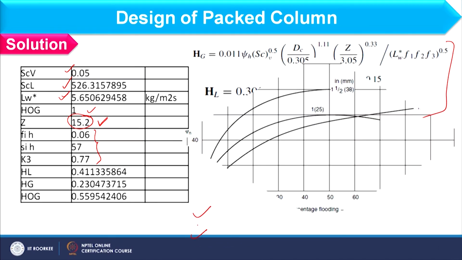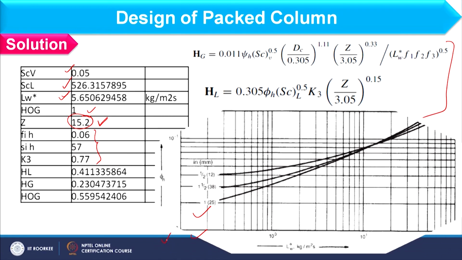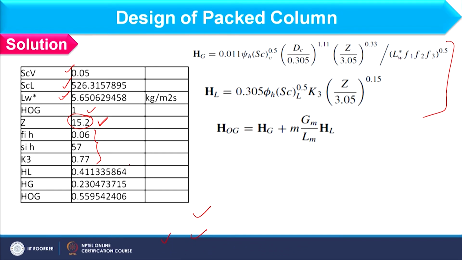Okay. These graphs I have already explained in the last example, so I am not going into detail of that. Considering this, we can find out the HL value as well as the HG value. Here again you should replace this by 2.3, and Z is 15.2. Considering all these values, we can find HL and HG, and through this the HOG calculation can be considered, and the value of HOG should come as